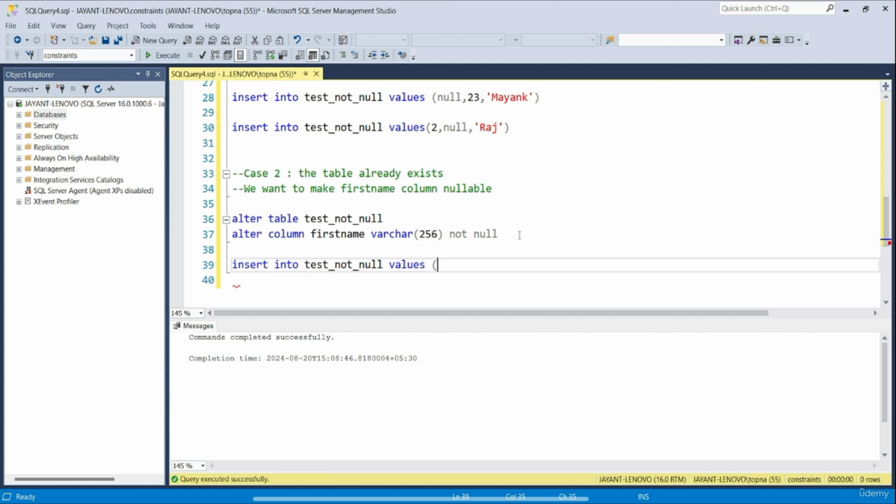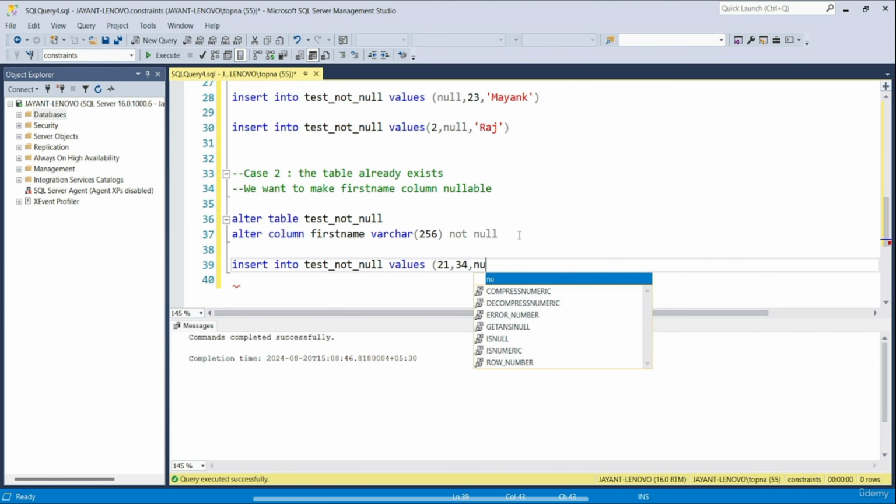For employee ID, let's say 21. Let's say the age is 34. And in the first name column, let's try to insert null values. If I execute this,